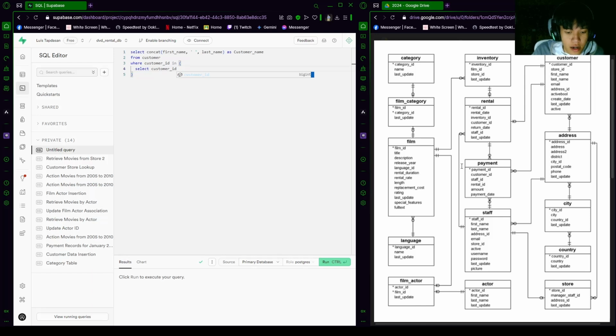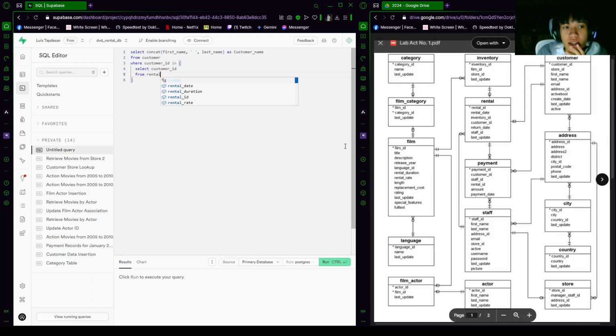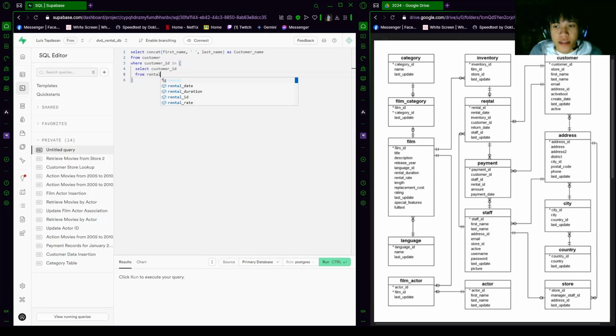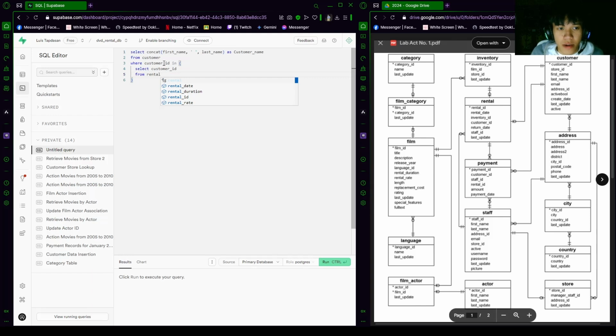After that, from rental, because we're going to select customer ID from rental. It means that in the rental table we have a customer ID foreign key. So that's how we are going to locate the where customer ID. And then after that, we're going to also add another where to locate the month. We have already asked for the rental table, so now we're going to locate the rental date